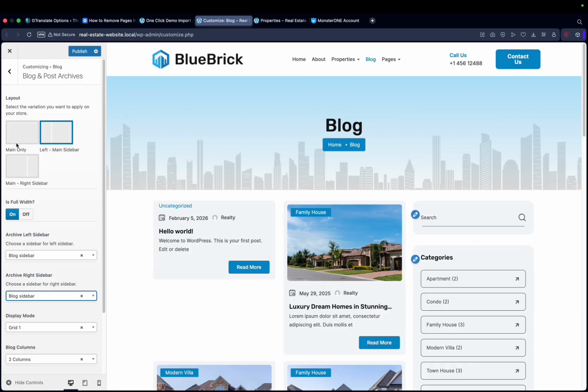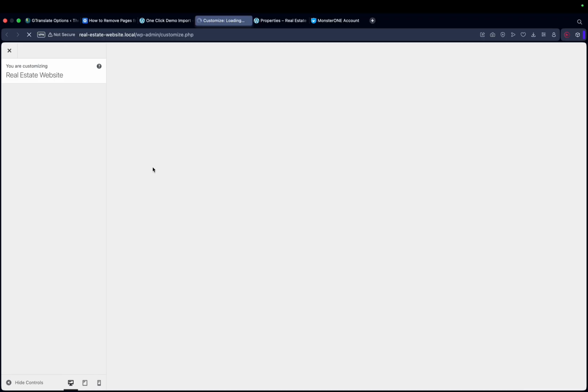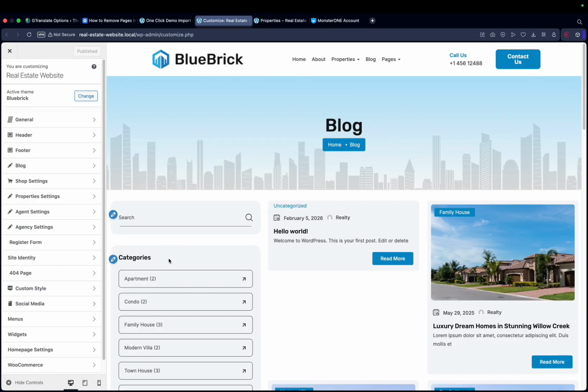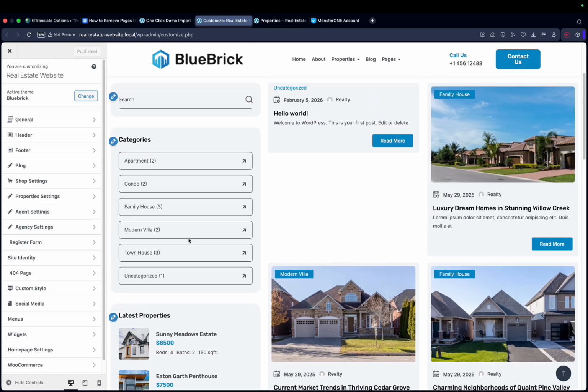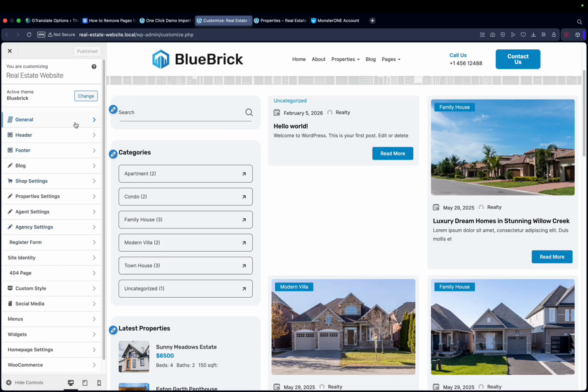I don't. Normally I've chosen this to be left sidebar. Let me publish, and then I reload this. It should shift to this side. I'll reload this page. Okay, now you see it has come to the left side. And if we go back to blog